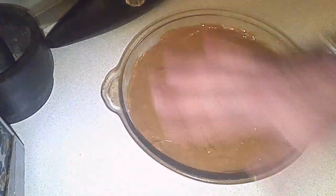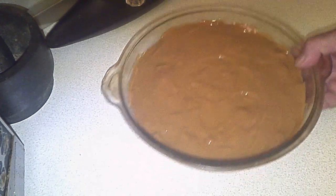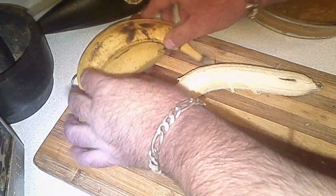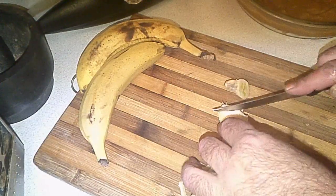Alright guys, all of the toffee or caramel layer is on. So I'm just going to put this in the fridge while we do the next part. And that, of course, are the bananas. So 2 to 3, what I like to do is take off the ends of the bananas,